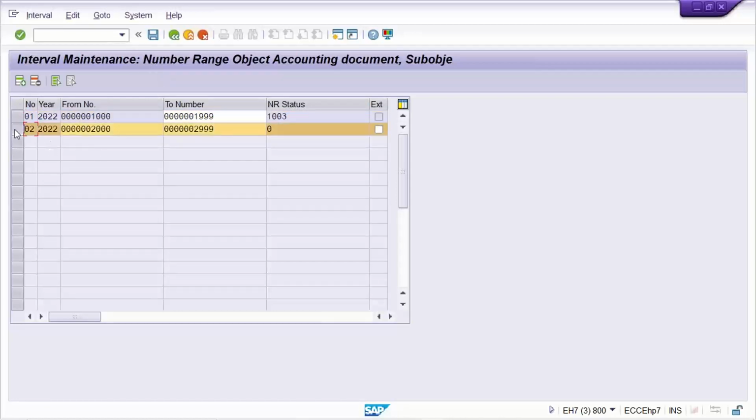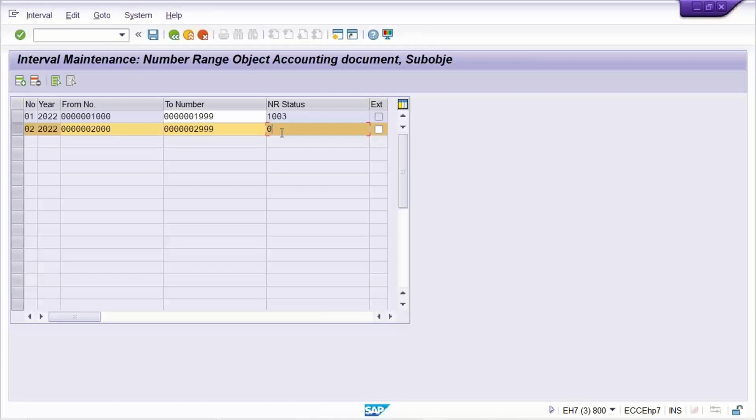So when you give 02 against the AB document type, what is happening? When you post normal transactions like JV, the system is going to generate a number from range 01. And when you post any reversal, the system is going to generate a document number from this other range, right? This is the logic. Very simple logic, guys. So if anybody asks how SAP is going to determine the document type, or how another document number got generated during reversal posting,